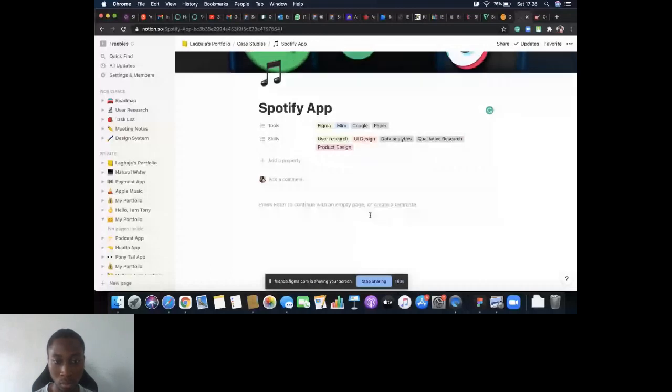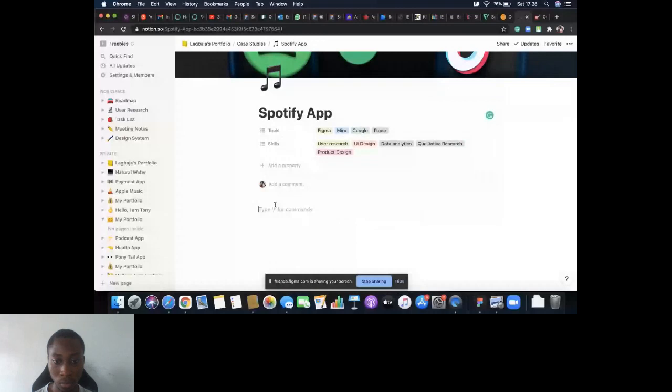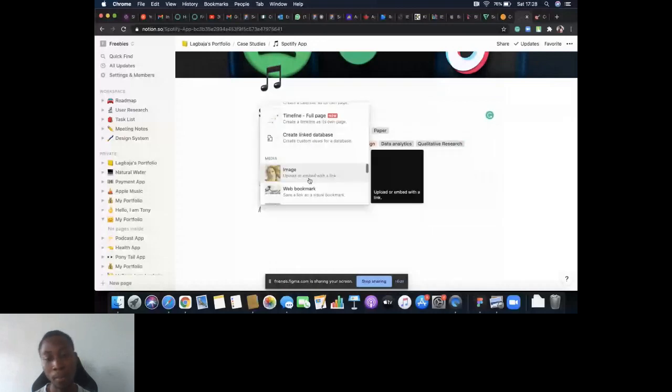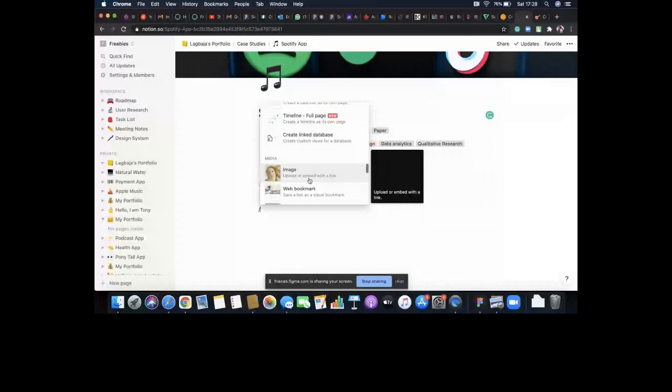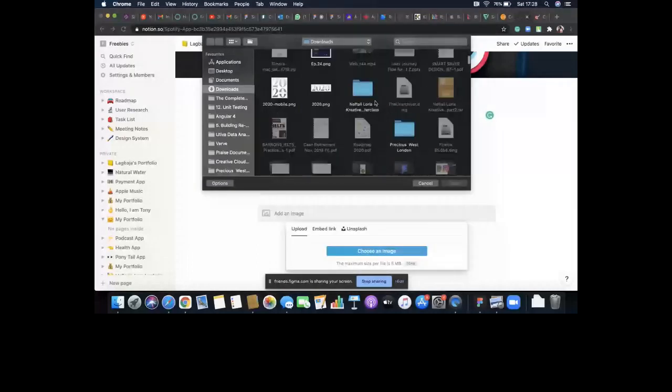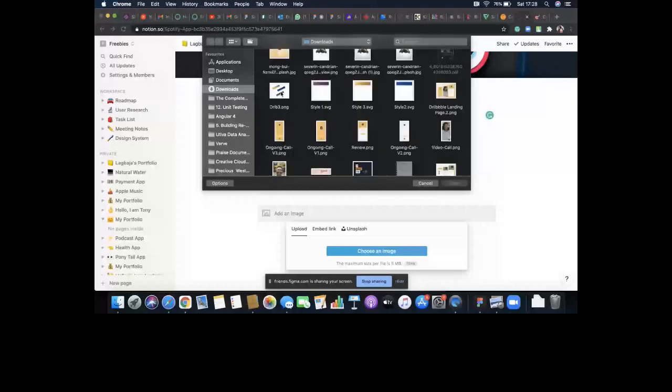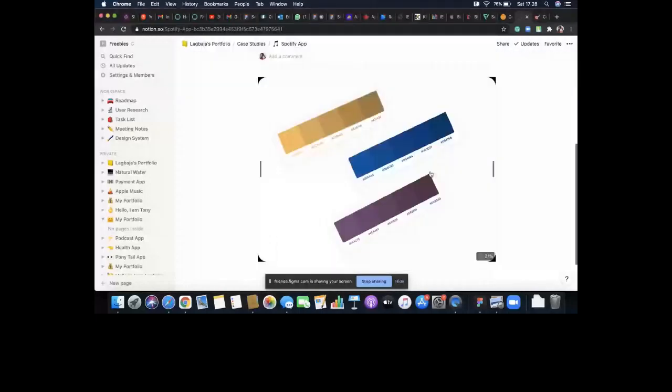The first thing I like doing is putting an image. I don't know if I have one. Let me try to see if there's an image I can get from my system. So I'm going to upload an image from my system and see what I can upload. Maybe I should upload this. Typically the kind of image I would like to upload would be an image talking about what the project is. For now, I've just decided to upload this image, and it's more like an icebreaker for